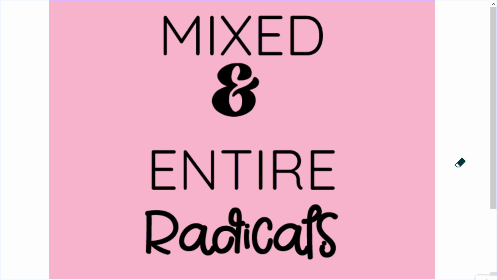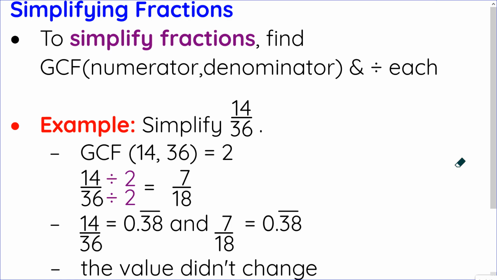Before I jump into radicals, let's talk about something you're all familiar with, which is fractions. Let's talk about simplifying a fraction. To simplify a fraction, you just find the greatest common factor of the numerator and denominator and divide each by it. So for example, 14 over 36, the greatest common factor would be 2. So I divide the numerator and the denominator, to be fair, by 2, and I get 7 over 18 in